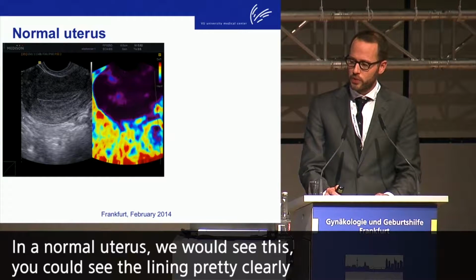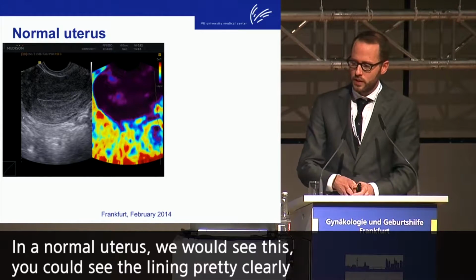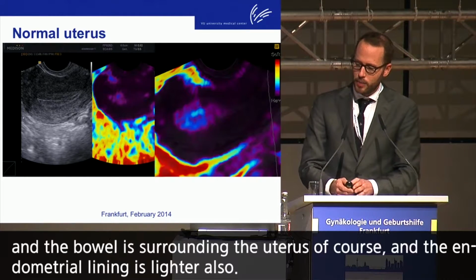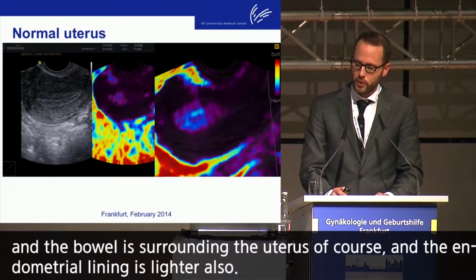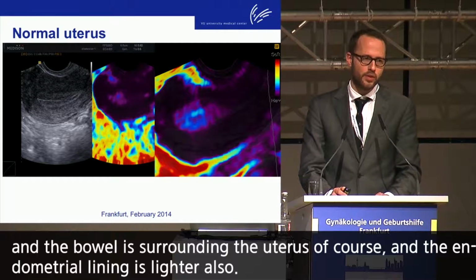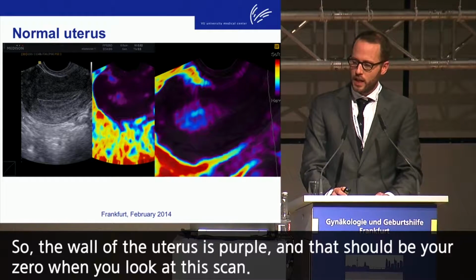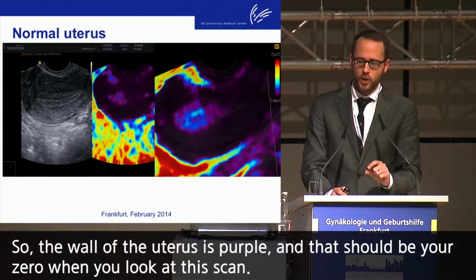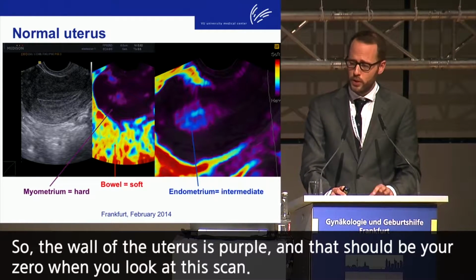In a normal uterus, we would see this. You can see the lining pretty clearly. The bowel is surrounding the uterus, of course, and the endometrial lining is lighter also. So the wall of the uterus is purple, and that should be your 0 when you look at this